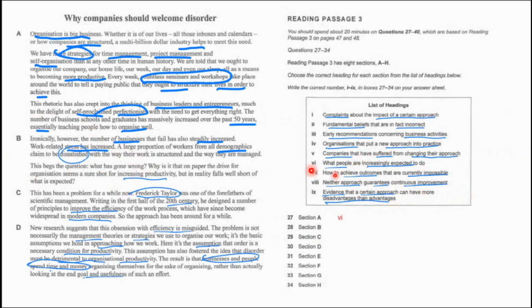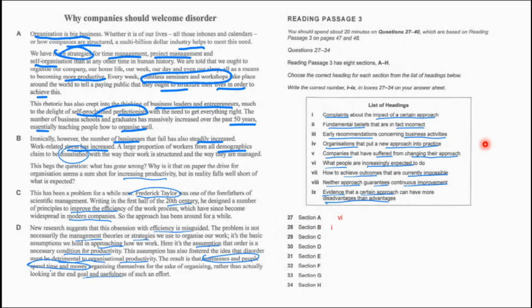So now let's move to the heading questions for section B. When we read paragraph B, the first word is "ironically", which tells us they are talking about something negative here compared to section A. After reading the first line, we know they're talking about problems. The first option is complaints, so it could be our answer. They are making so many complaints here, so this might be our answer. So we could write down 1 in front of the 28th question.